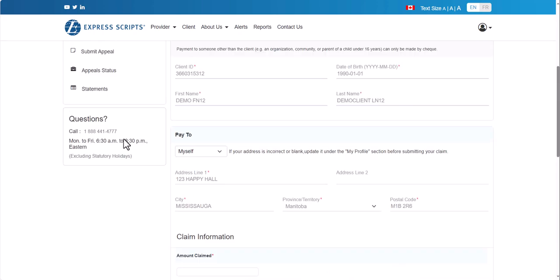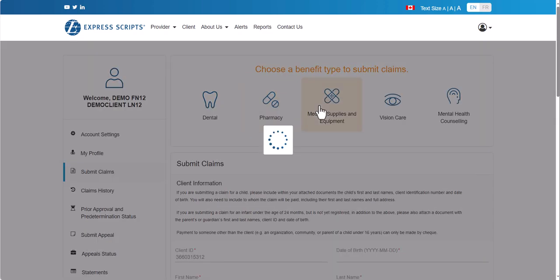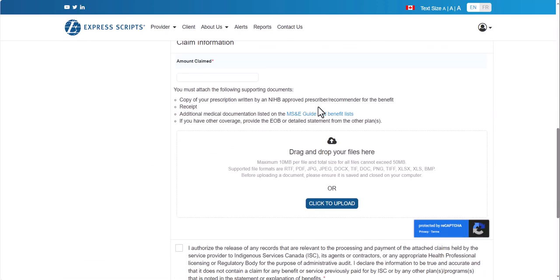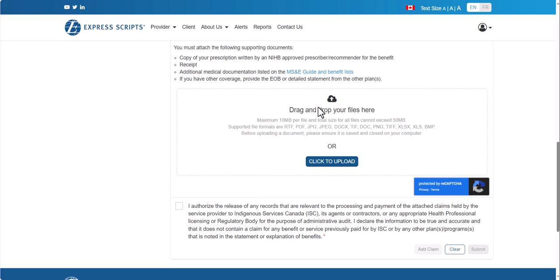When submitting a medical supplies and equipment claim, you must attach the following supporting documents: a copy of your prescription written by an approved NIHB prescriber or recommender for the benefit, the receipt, any additional medical documentation listed on the MS&E guide and benefit lists, and if you have other coverage, please provide the explanation of benefits or detailed statement